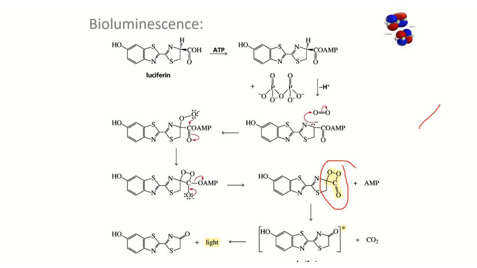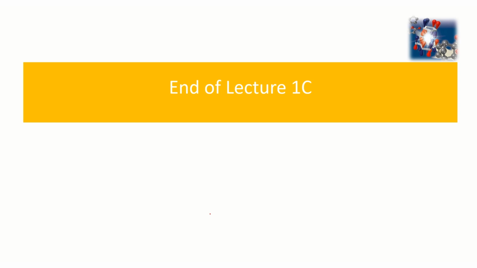The chemistries drive us to have this cyclic species in luciferin, and when this cyclic species breaks down, then of course the energy given off is light. Think about it carefully. And so that's the end of